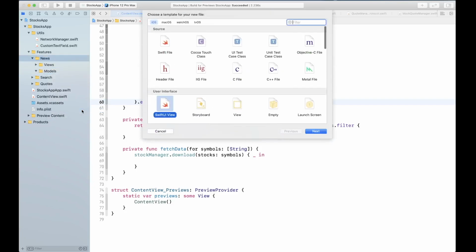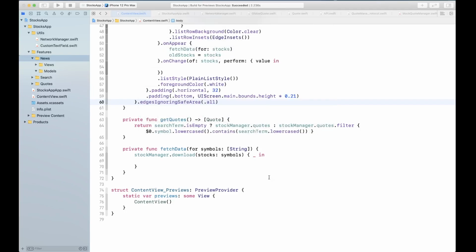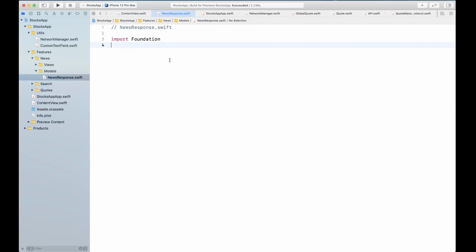Once again, I'm going to create this news model per the news org newsapi.org. So I would recommend checking that out if you haven't seen the API itself. But for our purpose, let's go ahead and start with a Swift file, and we can name this one NewsResponse. Okay, and import Foundation is good.